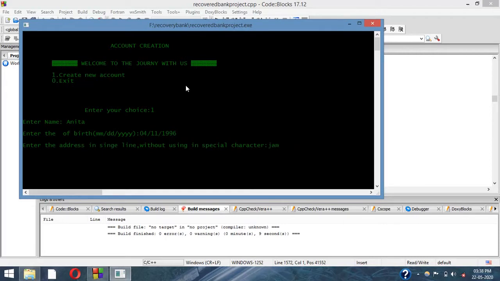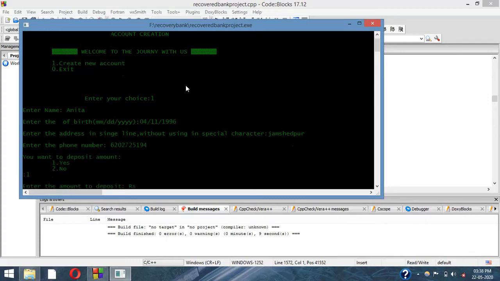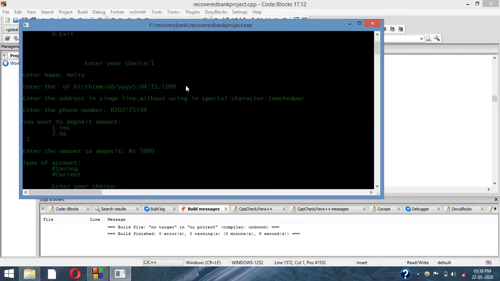Place: Jamshedpur. Phone number 6202725194. Do you want to deposit an amount? Yes, I want to deposit. How much money? 5,000. In which account? In the saving account.